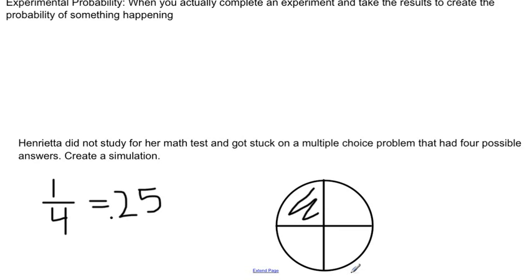So this is going to be our test. This is the theoretical probability of it. And we are assuming that she has no idea how to answer it. And that is our